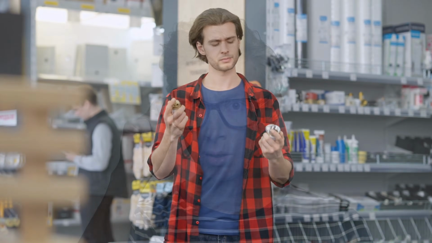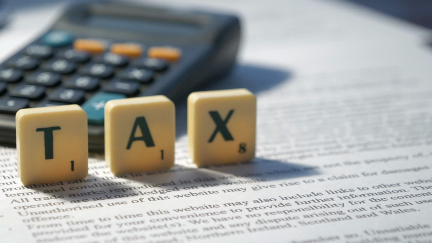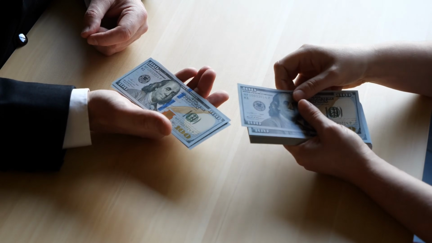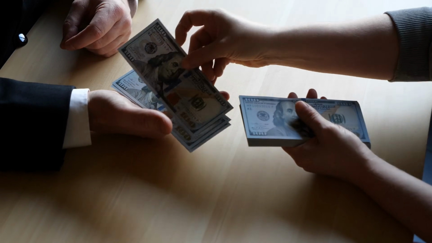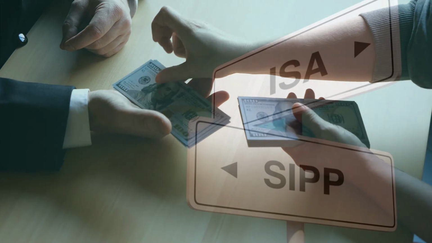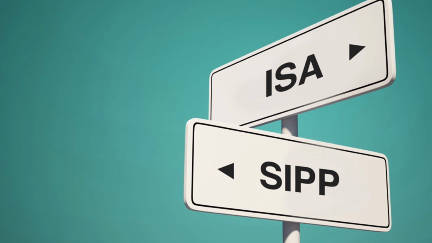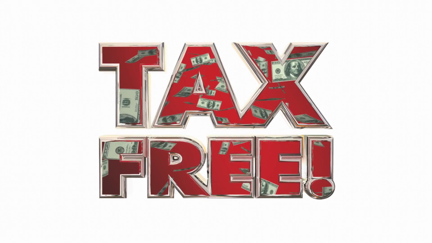you go for. A common misconception is that many investors think there is no dividend tax to be paid on the accumulation version, as you don't actually see the dividend. However, you still may be liable for dividend tax whatever version of the ETFs you buy, unless of course your investments are inside a stocks and shares ISA or SIP, where there will be no capital gains or dividend tax